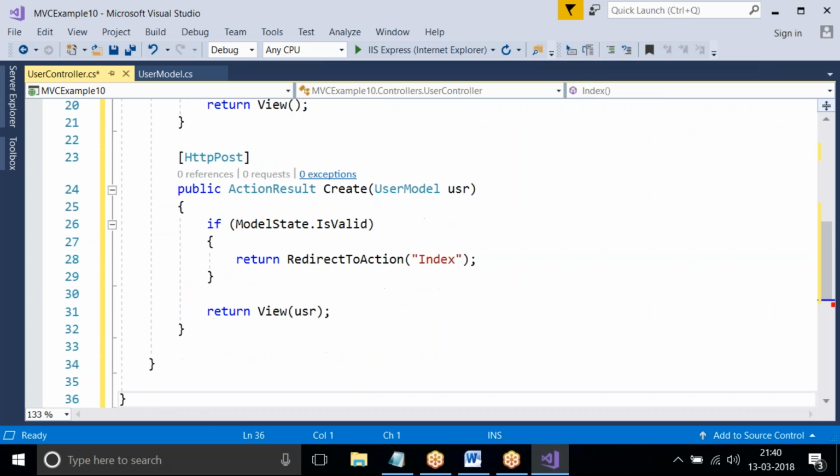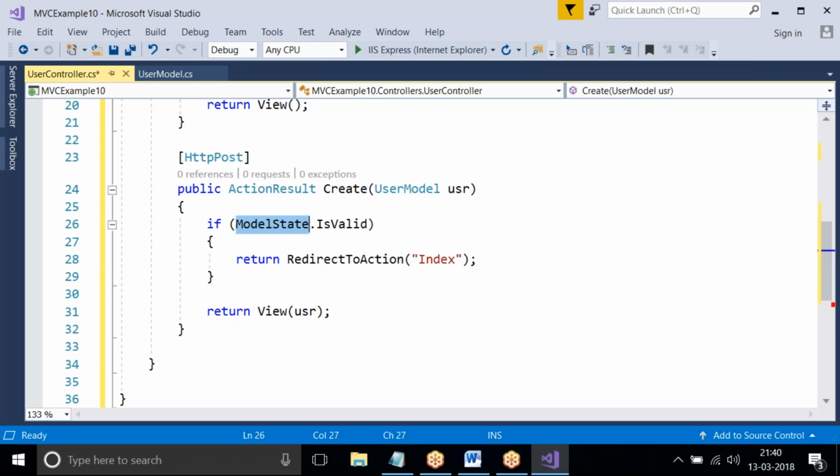And here in the Create method, UserModel is given. UserModel is the class which is created now, and user is the object here. Using this class I'll create a view, creation is done. And here user contains the values given in the view. How can we access values? By using properties. By using the object name we can access the properties in the class, and the properties contain values.